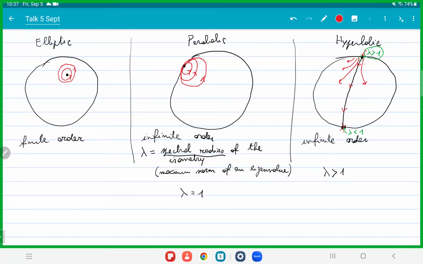Look better now? It's very hard to draw the flow lines in this case. I just want to say that points that are very close to the sink are going to end up very far away from it very fast. This is what I mean. So exponentially fast away from it. And then they go exponentially fast towards the attractor. Yeah, thank you. So maybe here, something like this.